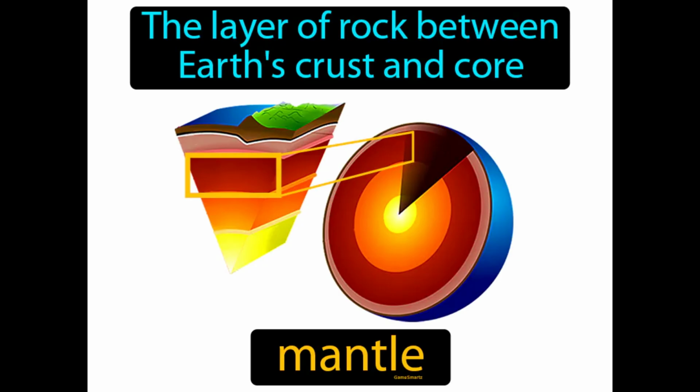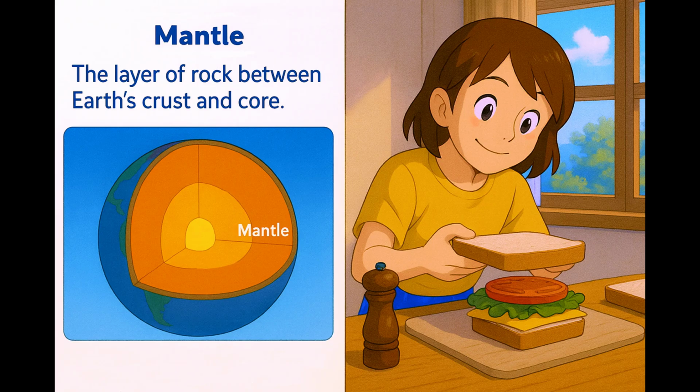The layer of rock between Earth's crust and core. Mantle. The mantle is a thick layer of rock inside Earth that moves slowly and affects how continents and oceans are shaped. Imagine you're trying to find that perfect middle layer in a sandwich that holds everything together without overwhelming the taste. Just like that crucial sandwich layer, the Earth's